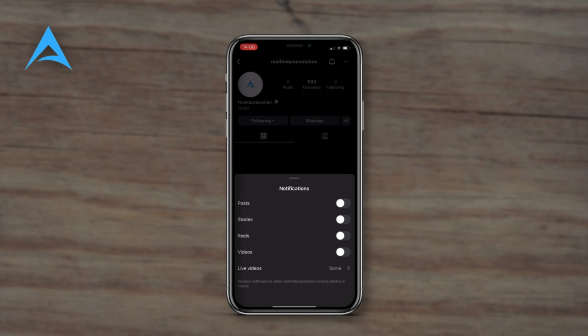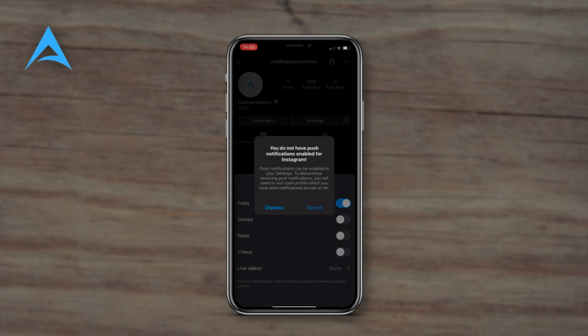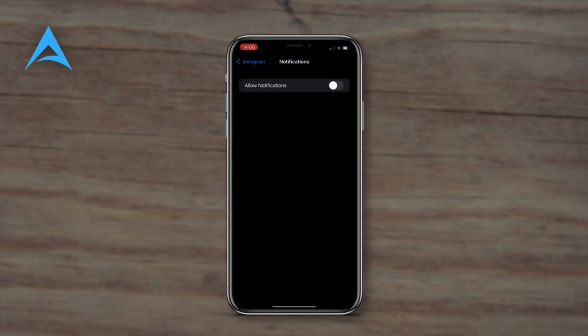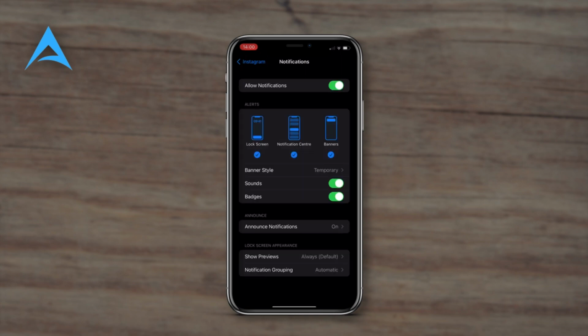The only thing is, if you have push notifications turned off, you will have to turn it on. So let's press turn on. This will bring you to your phone settings on iOS or Android. So I'm gonna go to my notifications on my iPhone, and I'm gonna press allow notifications, because if this is not turned on, Instagram is not allowed to send you a